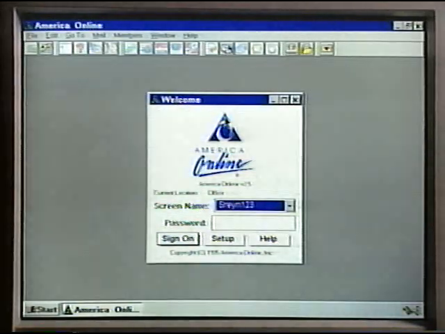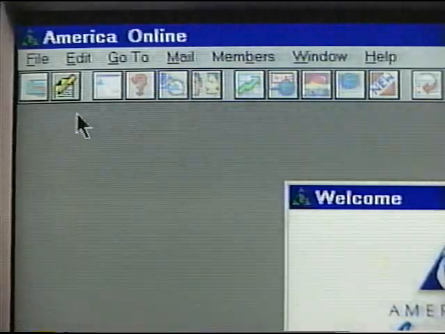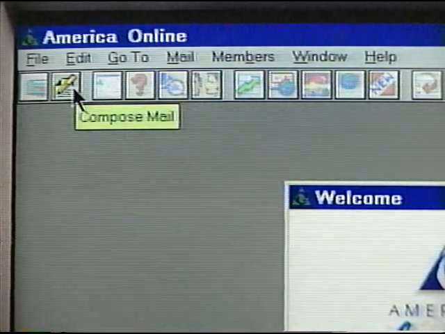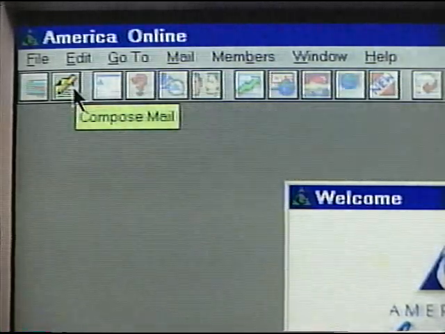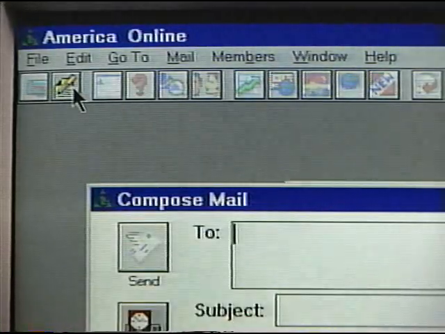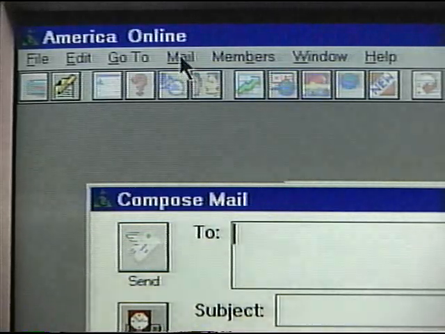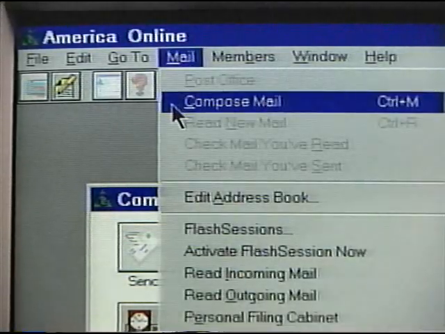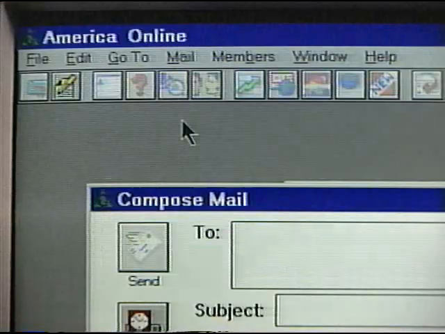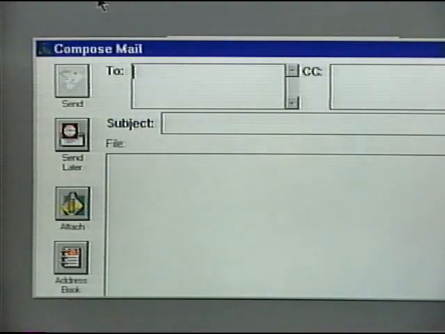AOL is already running on the computer, so we click on the Compose Mail icon, this little pen and paper graphic, to open the Compose Mail window. Or we can use the pull-down Mail menu and select Compose Mail. First thing we need to do is address our message. We can simply type in a name and email address here. We'll send a note to Jim at his location,